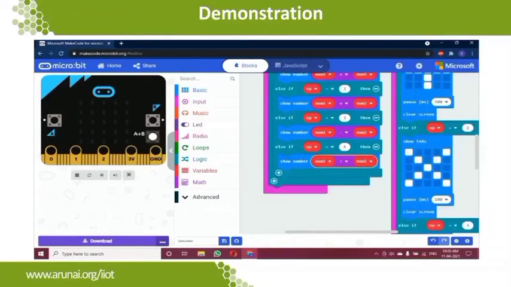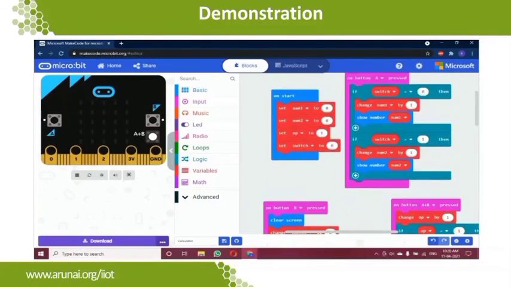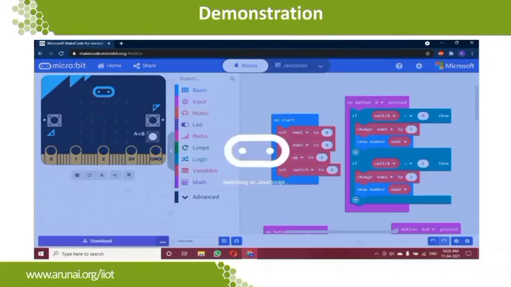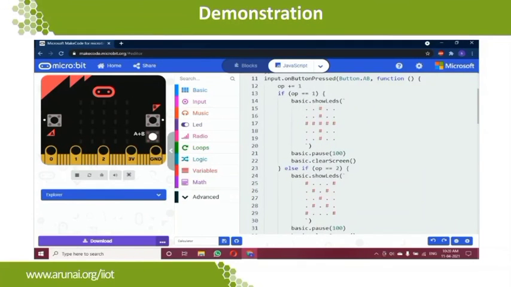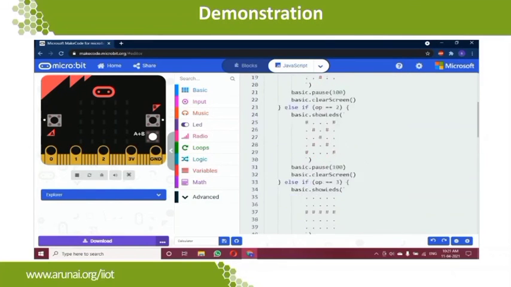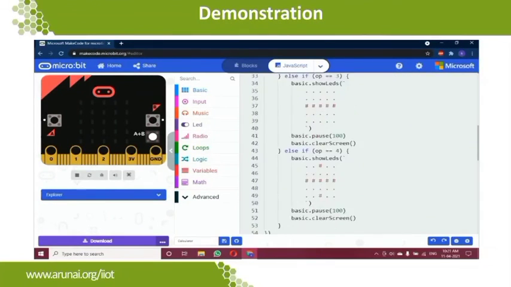So this is the part of result. First we are performing the part with switch. So that's all. On start initialization, B on A, it will be the things on B, and on A plus B. So here is the JavaScript code. As we perform the blocks, we are getting the equivalent JavaScript code, right? So button A, we are having switch value equal to 0, that is number 1, and switch value equal to 1, we are having number 2. Then in A plus B, we are going to get the operator value, and we are going to choose a specific function over there. It will be addition, subtraction, multiplication and division. So that will be the entire part for A and B.